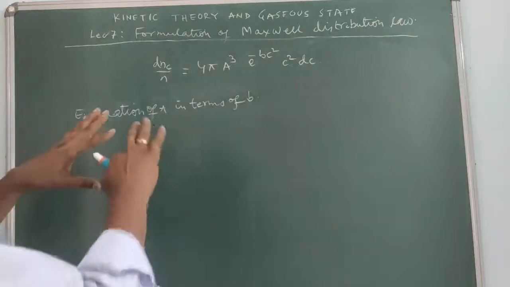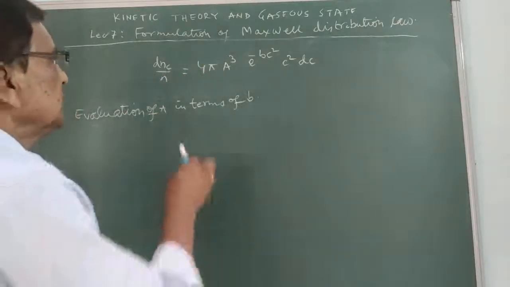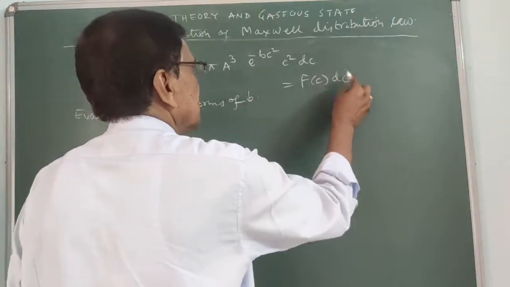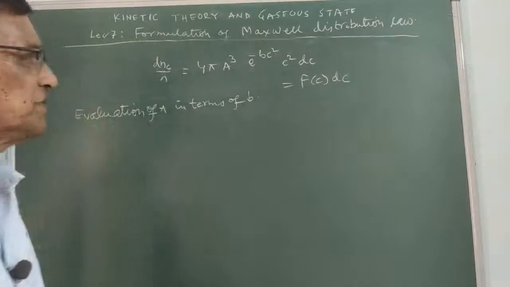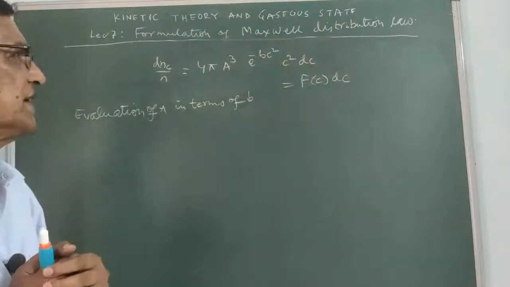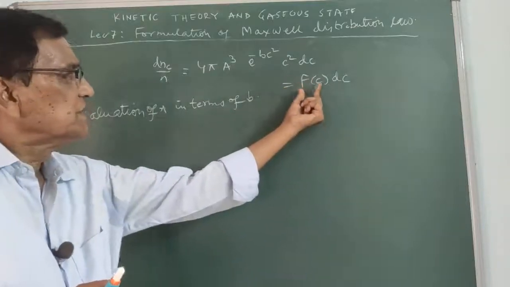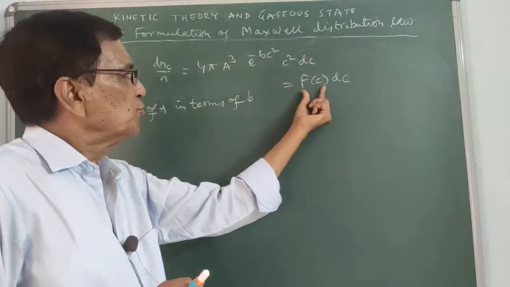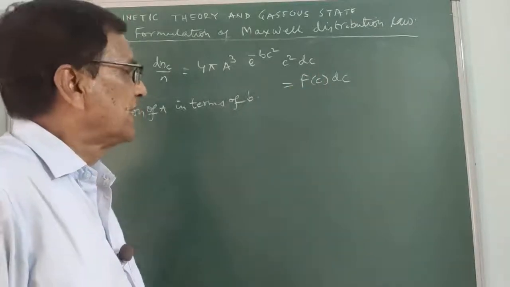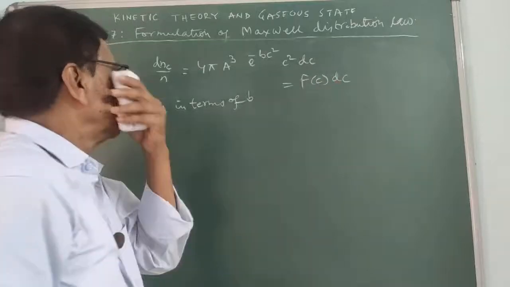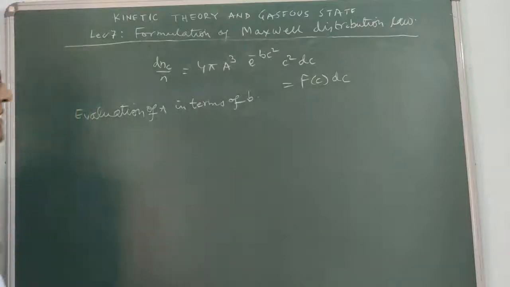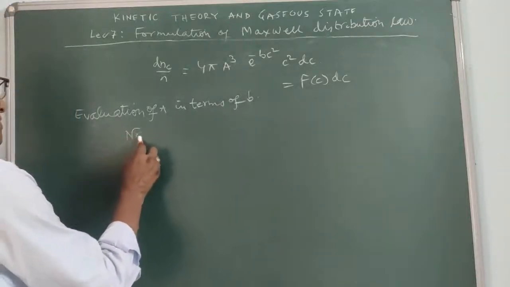If we do integrate, actually this one you can write also as f(c) dc. f(c) is the speed distribution function, and dc the range. The speed distribution is the probability of a molecule to have the speed c within the range, when it is multiplied by dc, from c to c plus dc. So putting in these normalization conditions,